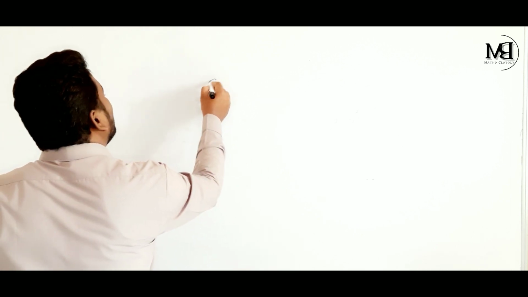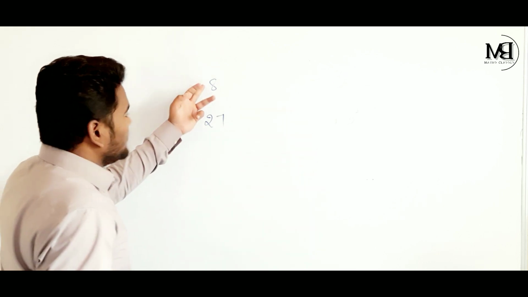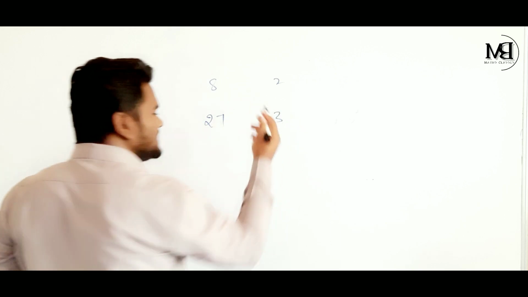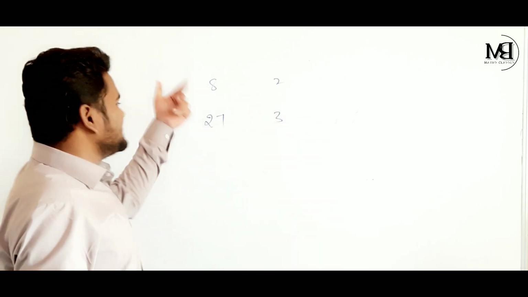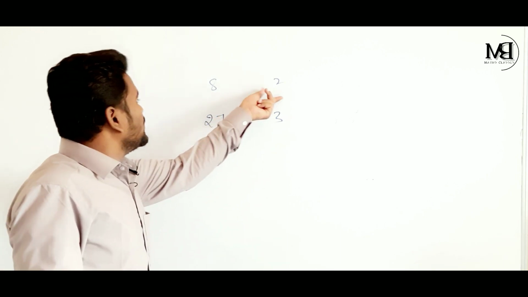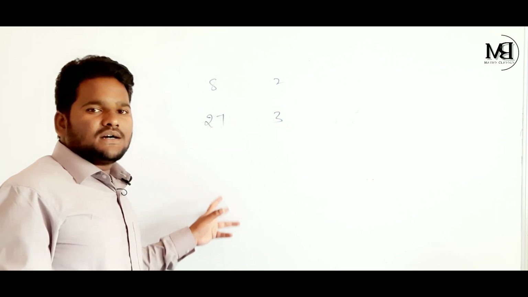Now, whose cube is 8? Whose cube is 27? Got my point? Whose cube is 8, my dear children? Whose cube is 27? You know very well. 8 is the cube of 2. 27 is the cube of 3. That's okay. You know very well. But what is the process? What is the representation of this one? How are you going to get 2 from this 8? How are you going to get 3 from 27? Here there is a process.